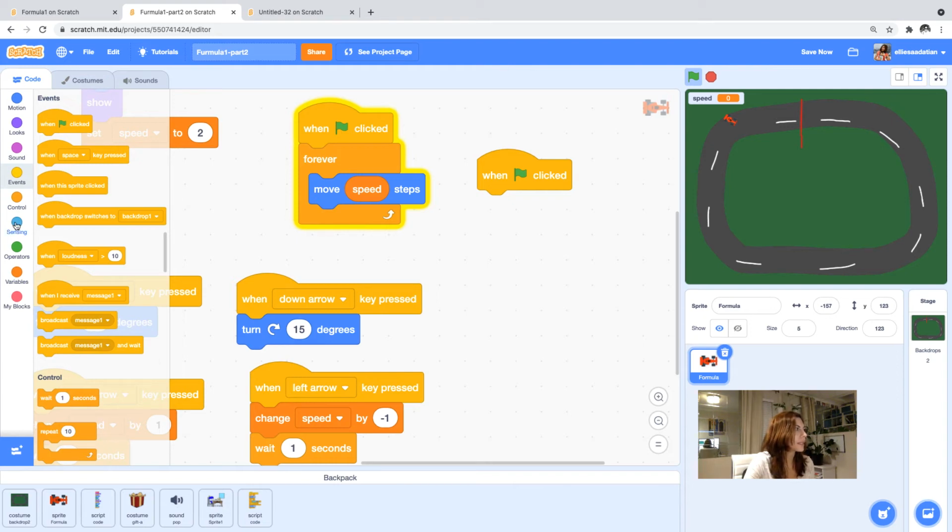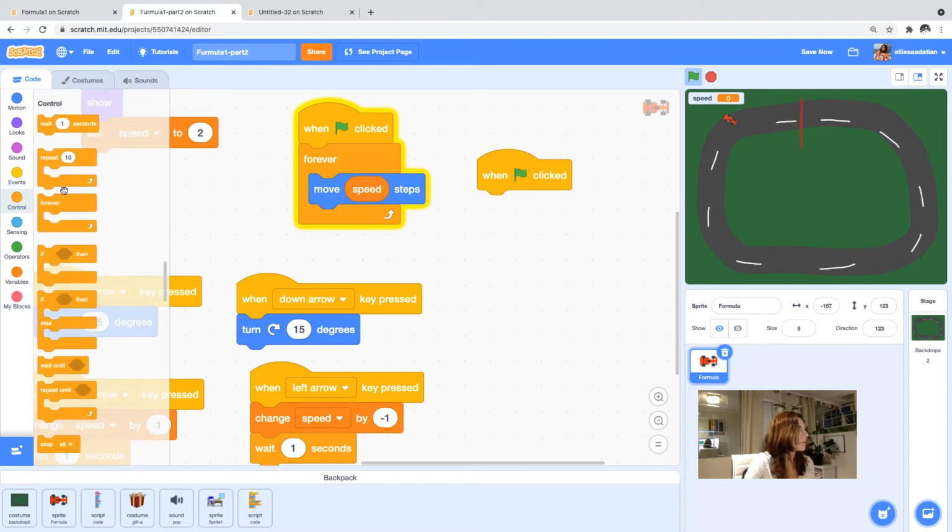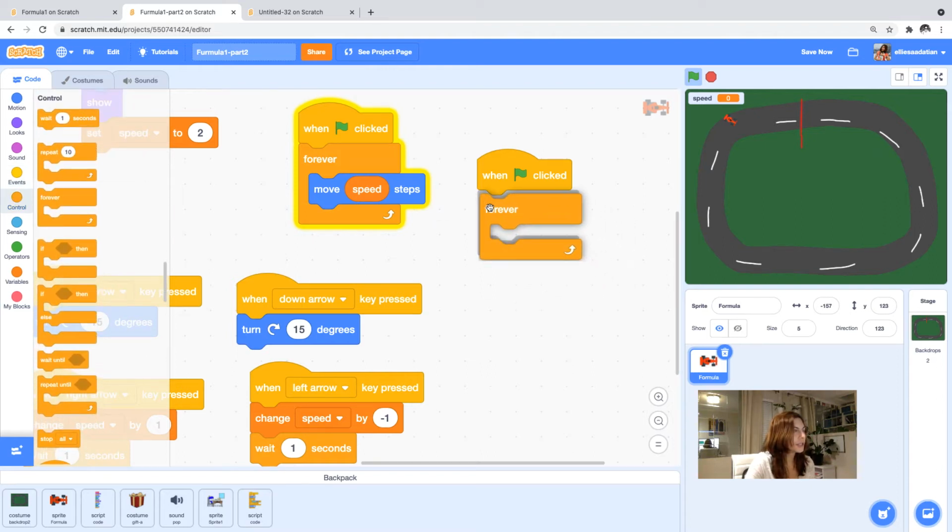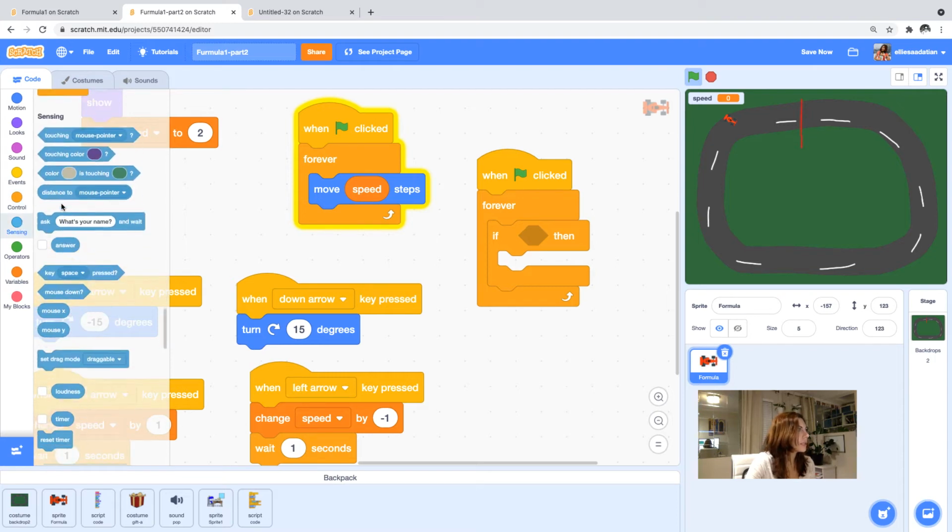Now let's write a condition with sensing. So forever keep checking this: if touching the green color,